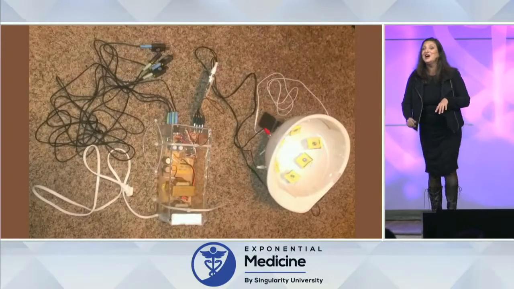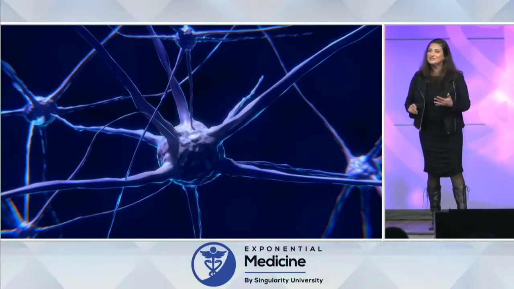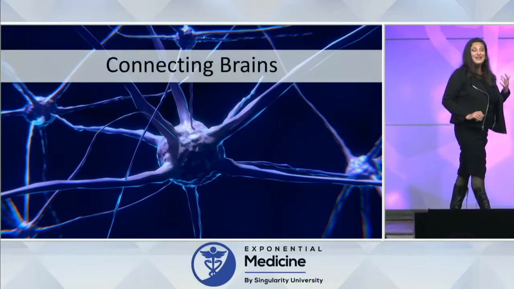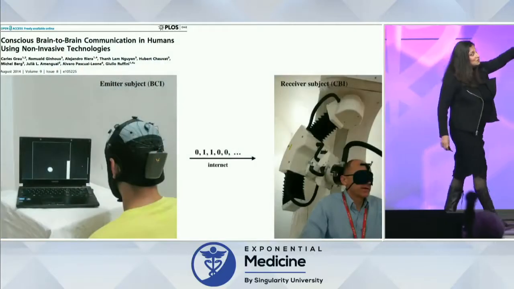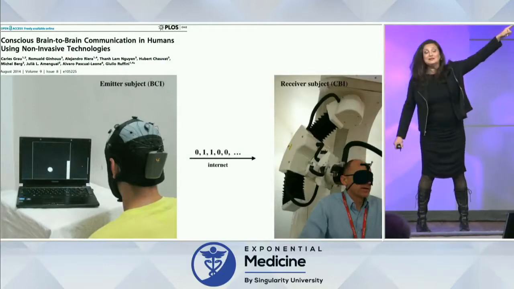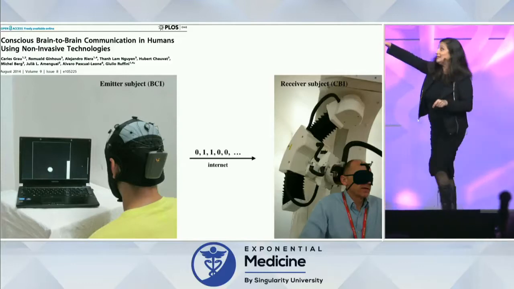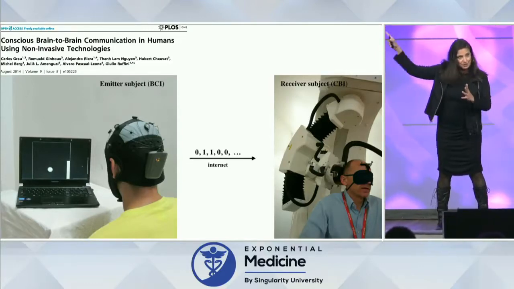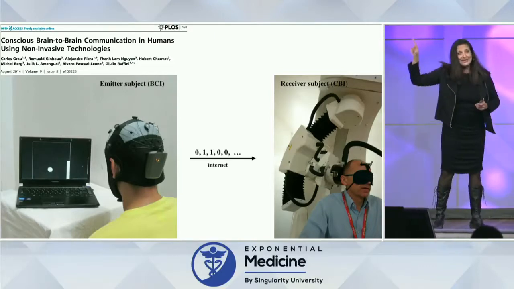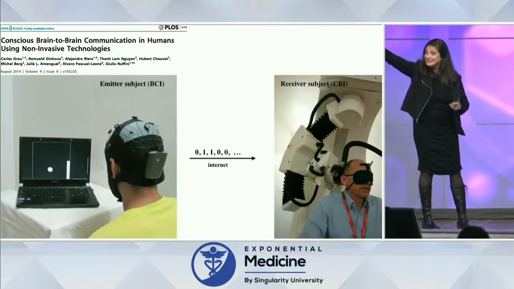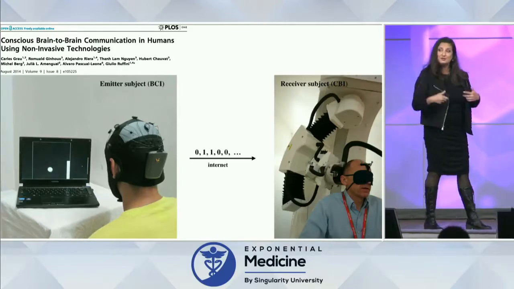Just saying. I'm going to close with a really funky approach and application to non-invasive modulation, and that is connecting brains. The very first telepathy experiments have been done using non-invasive neuromodulation. Here's one of them in 2014. Basically, a subject is using an EEG cap to actually send thoughts to a subject receiving it. Doesn't matter if they're in the next room or in another country, as long as there's an internet connection. That guy has a transcranial magnetic stimulator at the back of his head. It's receiving the bits of information being sent and stimulating the back of his visual cortex to generate phosphenes so he knows whether the bit's a 1 or a 0.